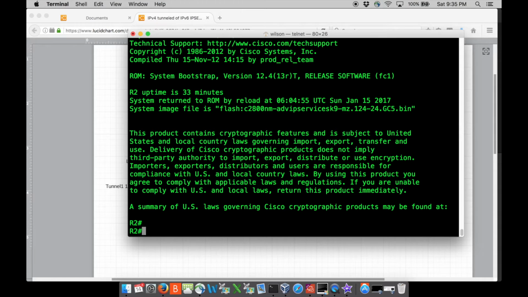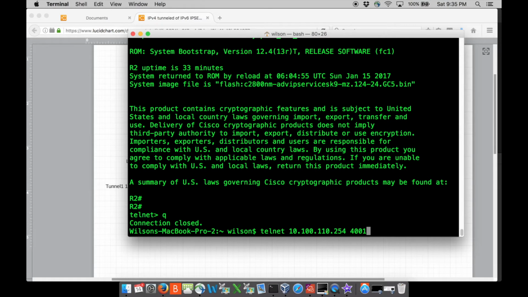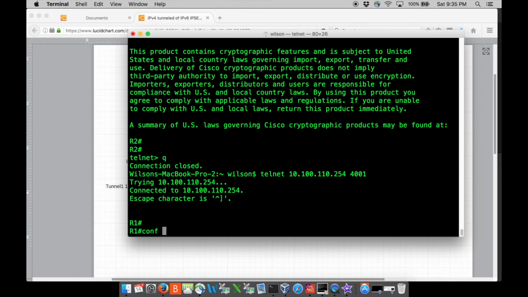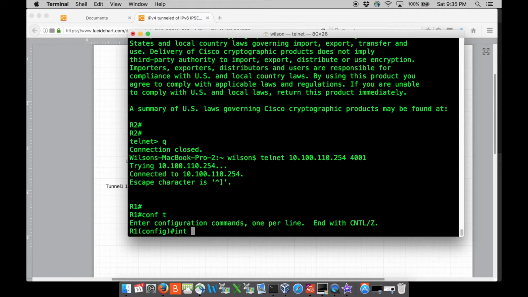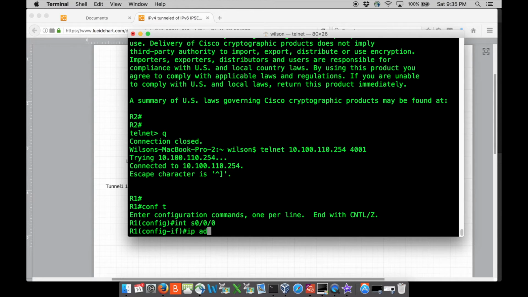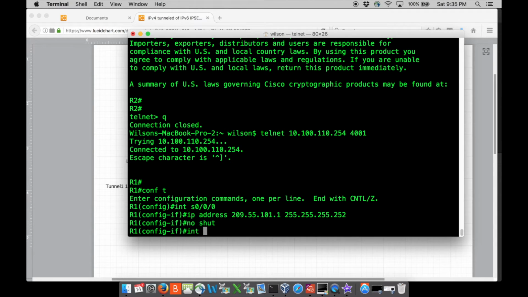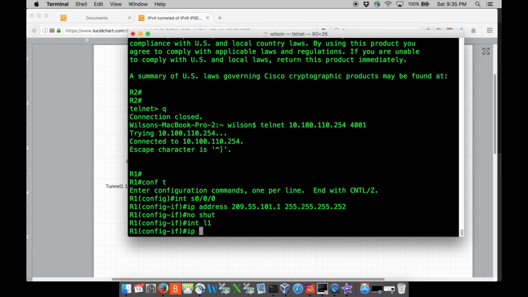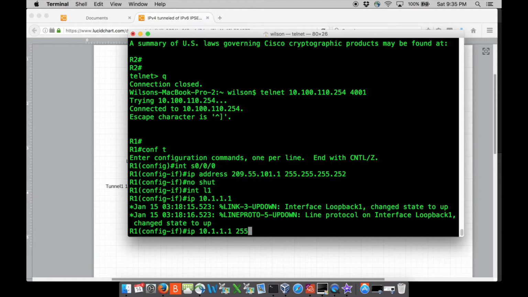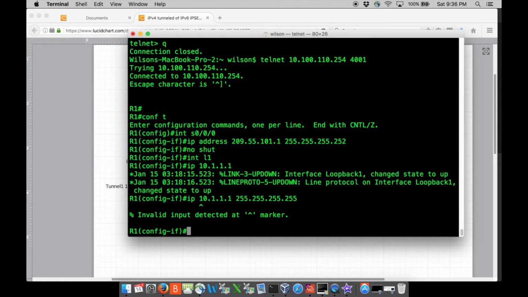Okay, so we'll go back over here to router 1 and start setting up some interfaces. So we're going to go to interface S0/0/0. We're going to do an IP address of 209.55.101.1. This is /30. Boom. We're going to do a no shut. We're going to do int L1. And this IP was 10.1.1.1. We're going to do a /32 on that one